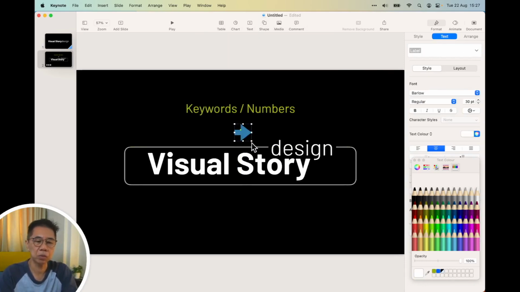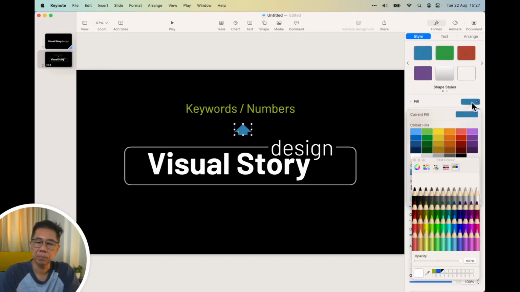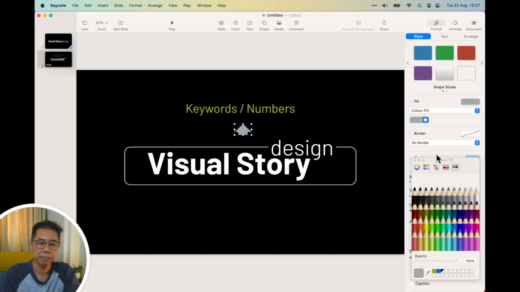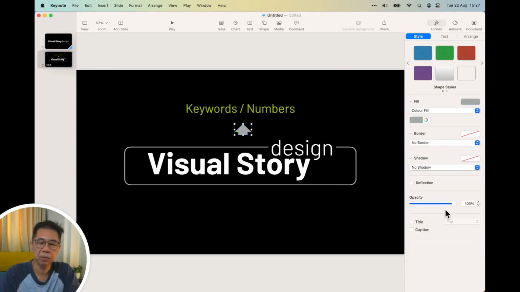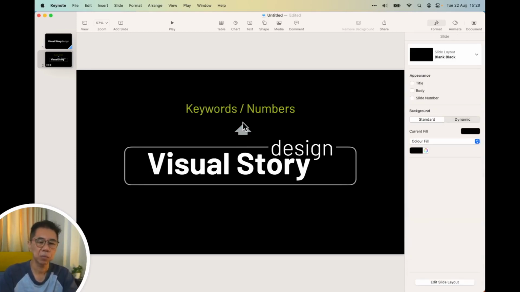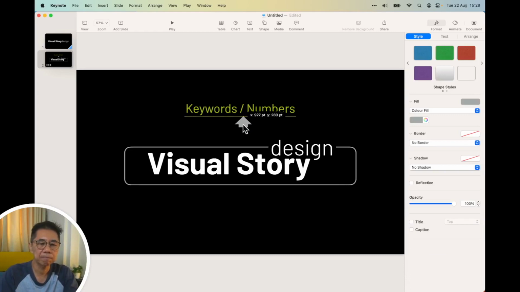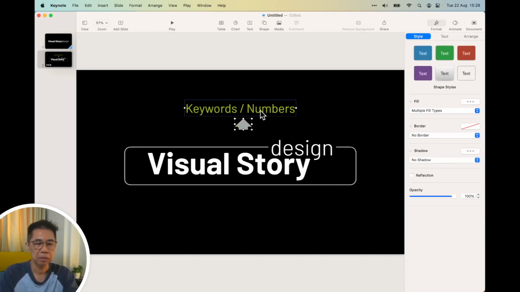From there, I want to take that arrow, hold on the command key so I can rotate it. Let's then size the arrow correctly so that it looks nice. Let me just size it a little bit more. Okay. Style. Gray. And no shadow. Okay, that's it. Let's move it up a little bit, somewhere like that. Okay, then I can duplicate it, move it down,